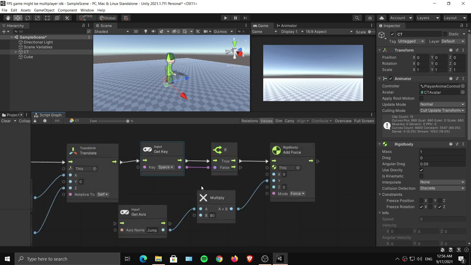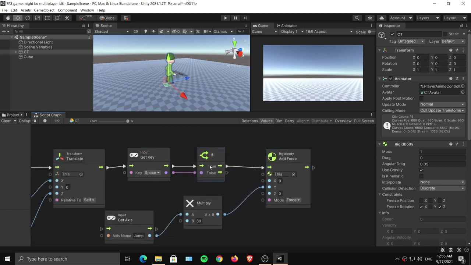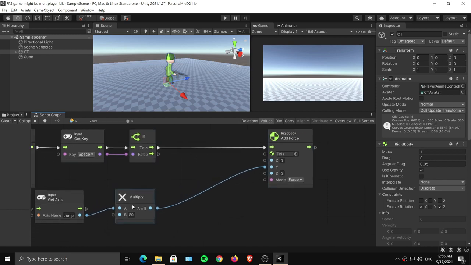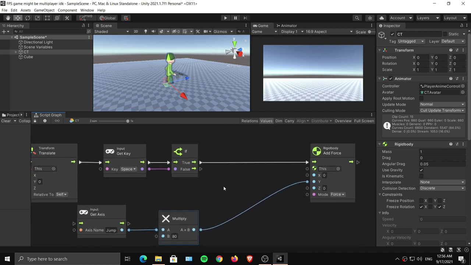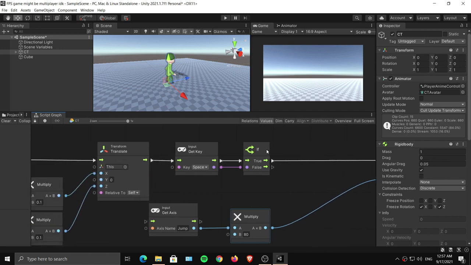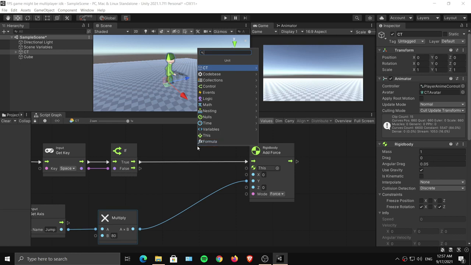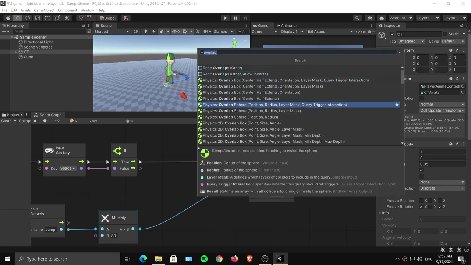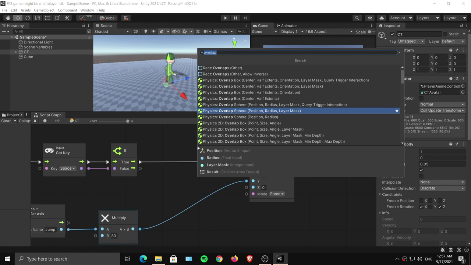And if this condition is true, we will activate this, or else we won't. You can also use get key down over here, but instead of doing that, what I will do is I will just check for the ground, then it won't matter that much. Let me just, for ground checking, I think we have to use a physics component. I think it is called overlap box. So you can either use this box, or you can use a sphere. I think I will use the box one. No, let's use the sphere one,